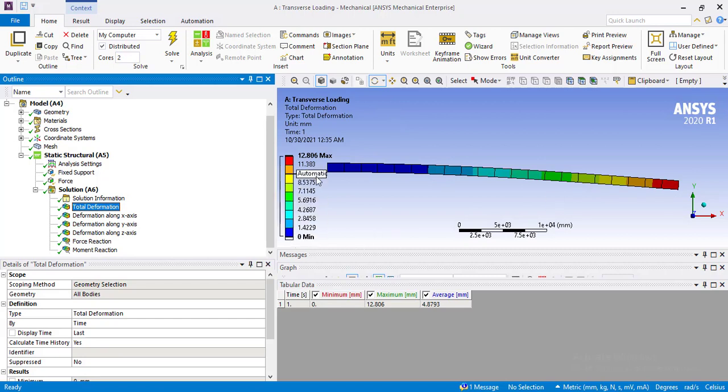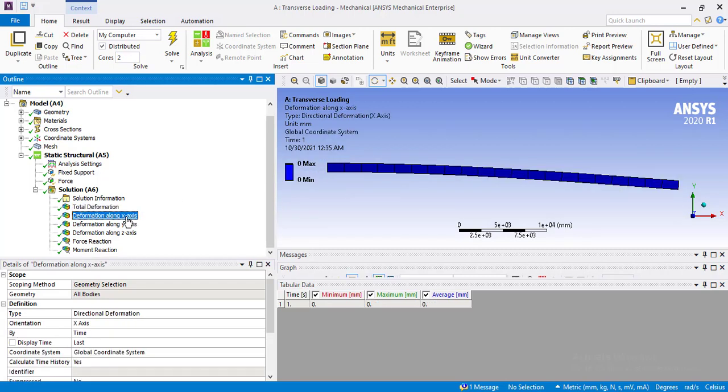Then we want to confirm that in which direction this total deformation maximum value exists. So we will go to the x direction. As you can see, there is no force being applied on the x-axis, so there is no deformation there, and it is showing a value of 0.